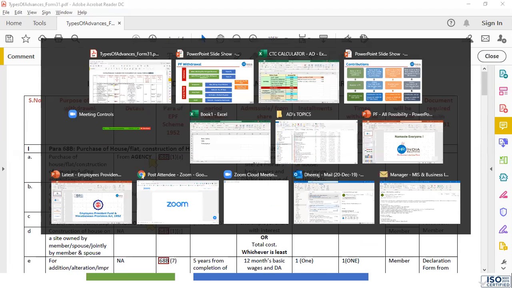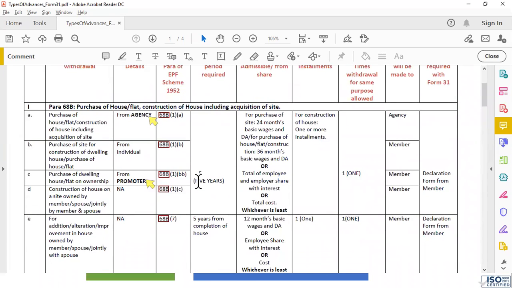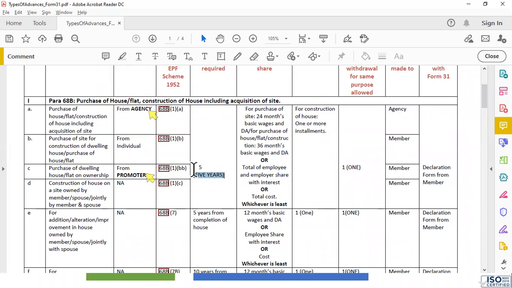When you say membership period here, that can be from multiple companies also, right? Yes, again, very good. This is the total contribution period for which you have contributed. It can be from multiple employers. It can be with breaks as well. Suppose you have worked for 2 years in company one, and then you have not worked for 2 months, and again you join company two. So yes, it can be from multiple employers.